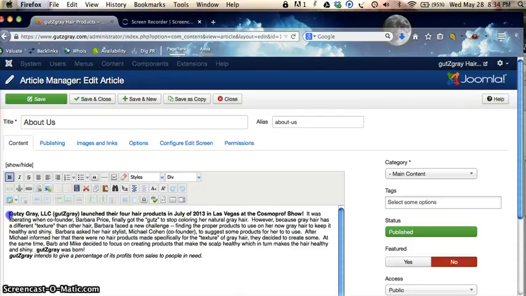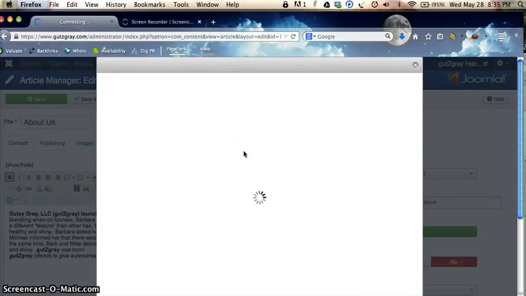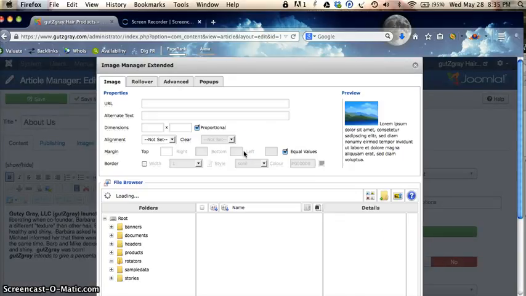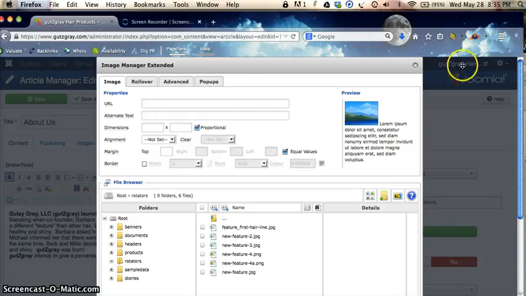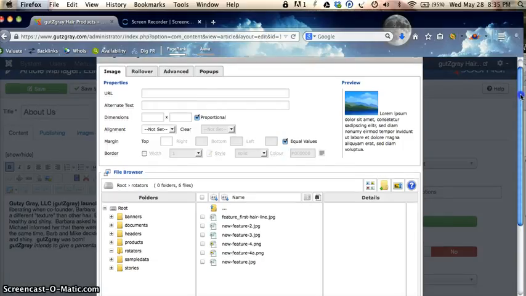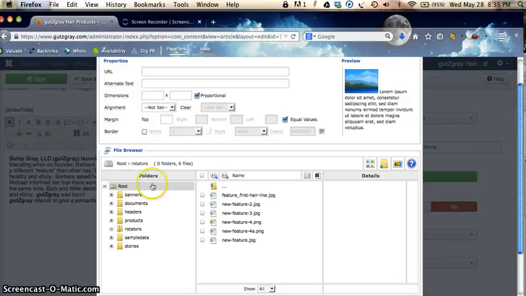In order to add a photo, you're going to simply place your cursor wherever you would like the photo to be. Let's say we want it to go on the right hand side of the page. We would go ahead and place our cursor at the top of the content, and we will try to place the photo over here on the right. When you want to add a photo or edit a photo, you're going to be able to click on this Insert Edit Image option in the editor, and this is going to access a special module that you have on your website. Now, once you click into this module, you're going to be in what we call automatically the root